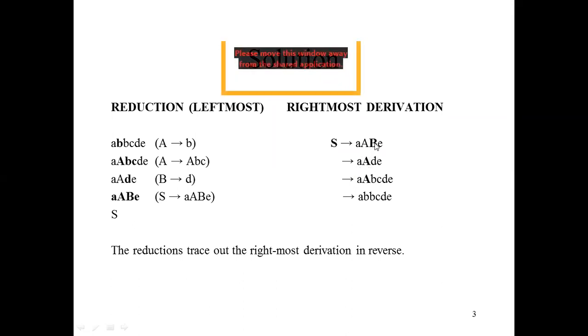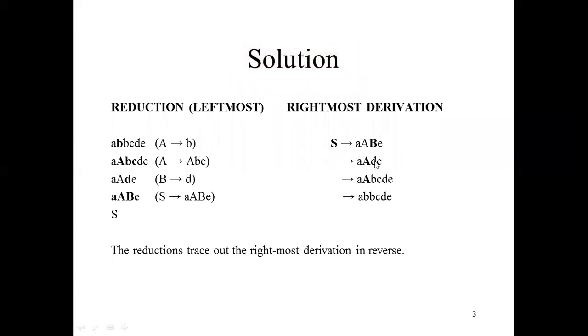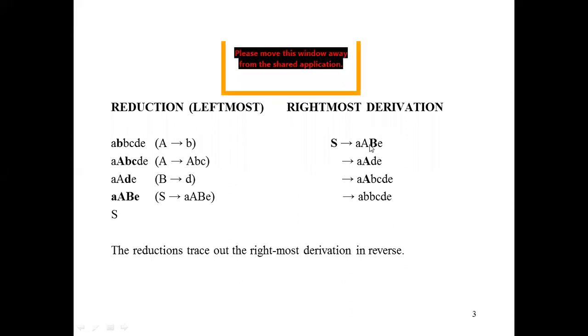We are replacing B by d. It is already given. This is the problem. We are going to replace capital B by small d, and we are just writing e again. So it becomes a, capital A, d, e. Why are we going to replace capital B by d? Because there is a need of d finally. So that's why it is necessary. We have to change this value, and this is already given in the problem.